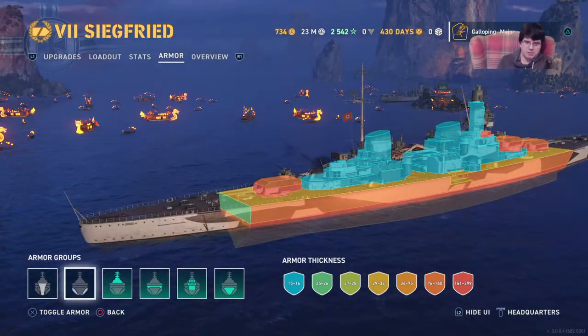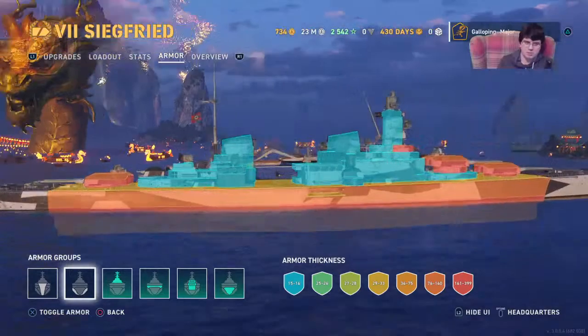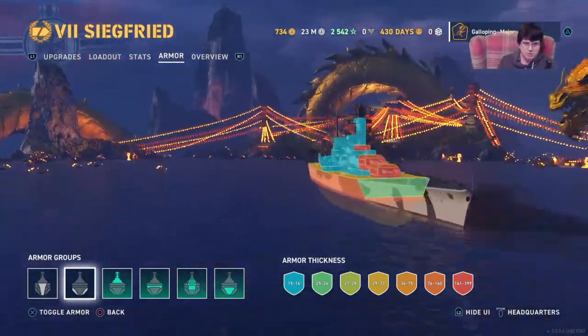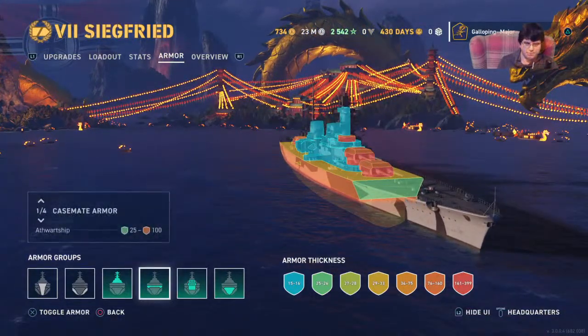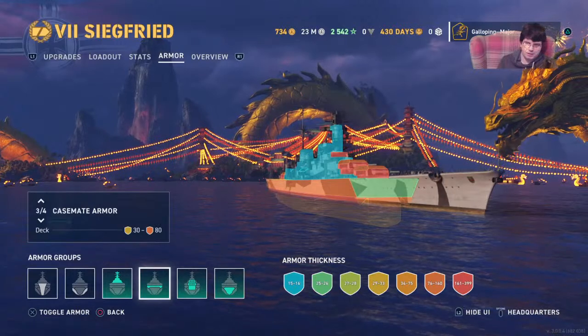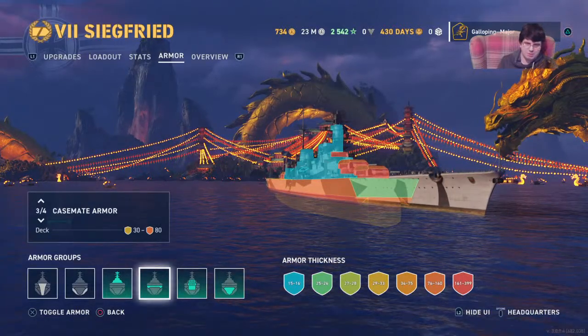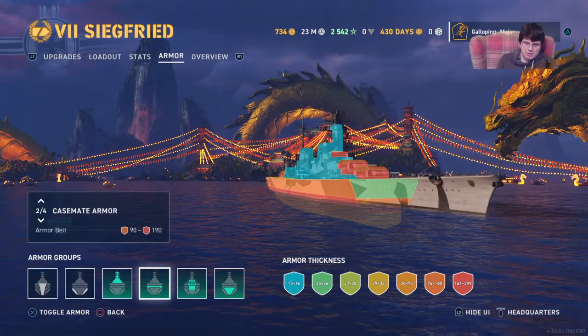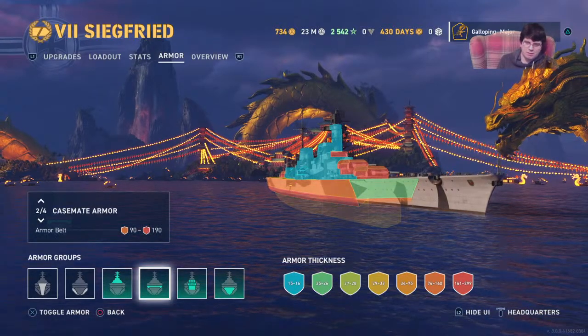Now, if we take the torpedo bulge away, because the torpedo bulge is below water, you can see obviously she does have a turtle back, which is interesting. So the inner turtle back plating is up to 80mm. It's not a lot, but actually I guess it's reasonable enough. Outside plating is up to